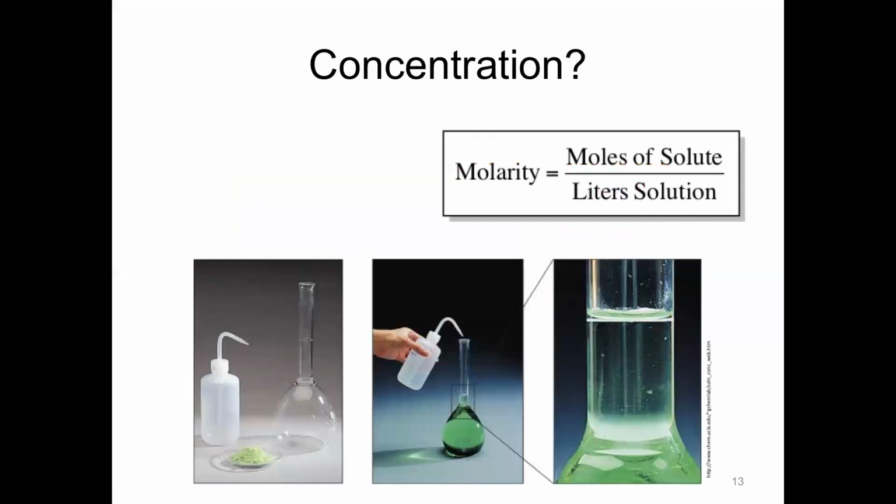So now, where's the idea of concentration? That's molarity, all right? Molarity is how many moles you have in a liter of some sort of solution. It's measured really accurately using a volumetric flask. There's only one line on a volumetric flask, and you look from the bottom of the meniscus, and you have exactly 1 liter, and exactly whatever number of moles in there, and that is the molarity. That is concentration, because most of the things that we deal with are actually in solution of some kind, all right?